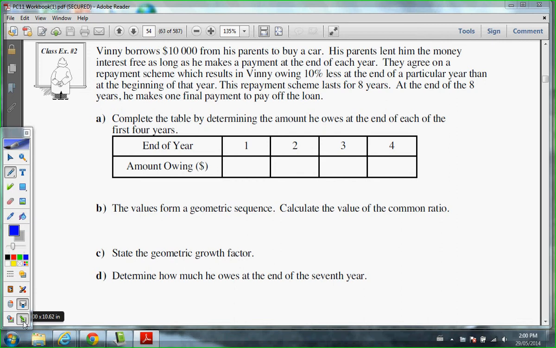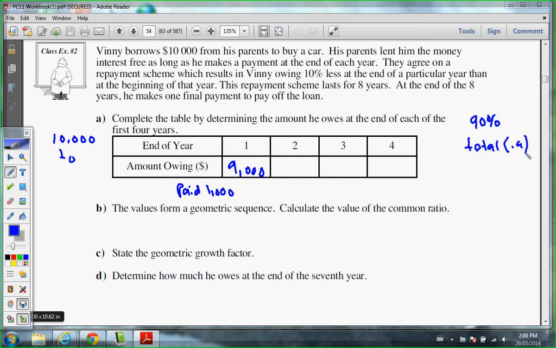So $10,000 is like his starting amount, like his T sub 0. We want to figure out how much he's going to owe after year 1. Well, after year 1, he's going to pay 10%. 10% of 10,000 is 1,000, so he paid 1,000 and he still has 9,000 left that he owes. So how are we figuring this out? If he's paying 10%, then he still has 90% of the loan. So I'm going to be taking the total